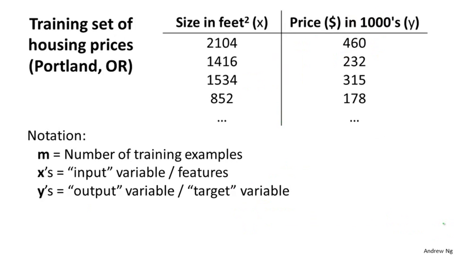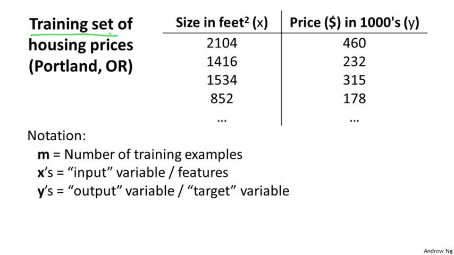More formally, in supervised learning, we have a data set, and this data set is called a training set. So for a housing price example, we have a training set of different housing prices, and our job is to learn from this data how to predict the prices of the houses. Let's define some notation that we're using throughout this course. I'm going to define quite a lot of symbols. It's okay if you don't remember all the symbols right now, but as the course progresses, it'll be useful to